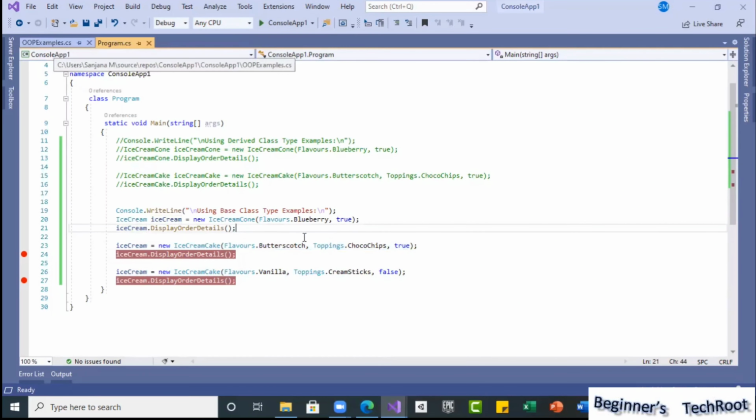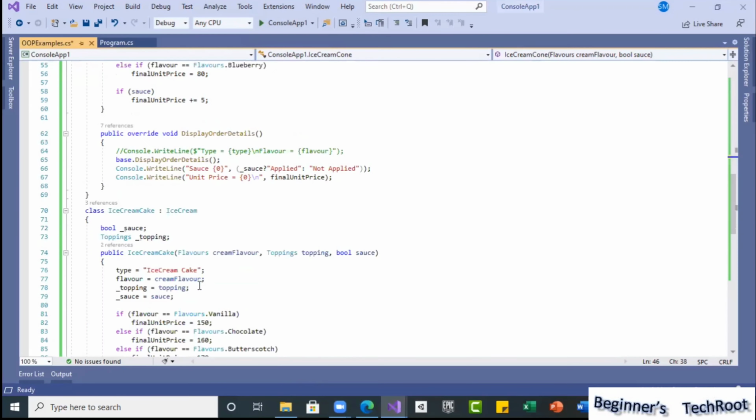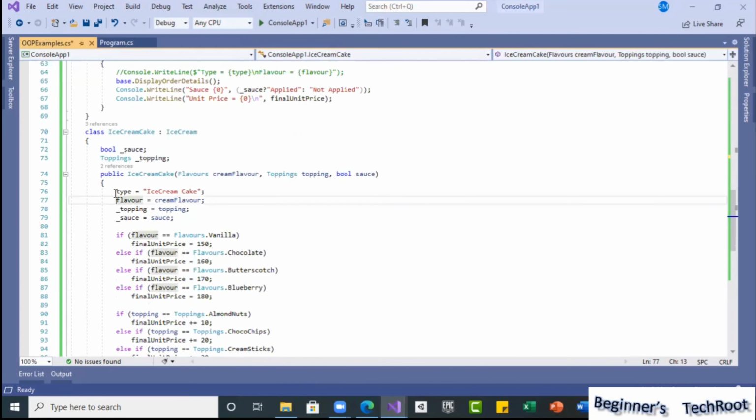Okay, one more simple concept from whatever we learned, I will try to show you. In this class, I have an ice cream flavor. Suppose I don't assign any flavor, for an ice cream cone and also for an ice cream cake, what happens?